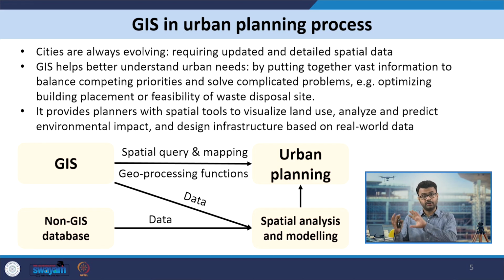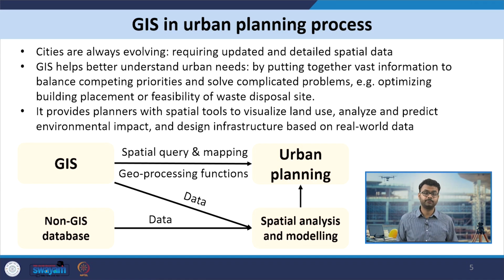So it helps in understanding the urban needs by putting together vast information to balance competing priorities and solving complicated problems. For example, optimizing placement of certain buildings or community centers, or optimizing the feasibility of a waste disposal site or rainwater harvesting site, and so on. And GIS provides planners with spatial tools to visualize land use, analyze and predict environmental impact, and design infrastructure based